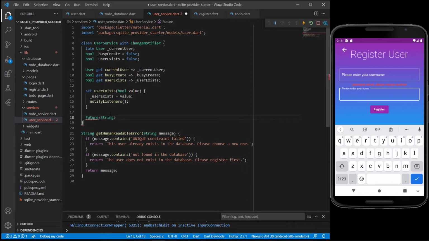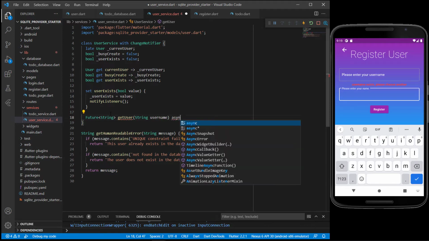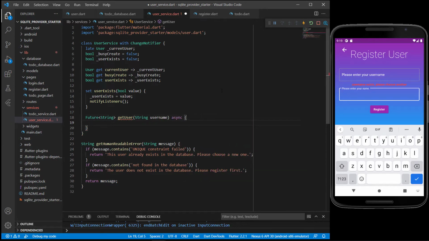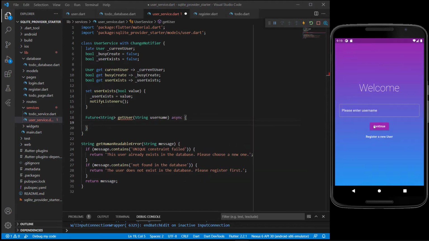So we're going to send back a future string, and I'm going to call this function getUser, and I want to get a user with a specific username. And we're going to use this asynchronous. So what we're going to do here is right at the beginning, we're going to enter the username, and if we click on continue, we want to get that user and make sure that user actually exists before we're carrying